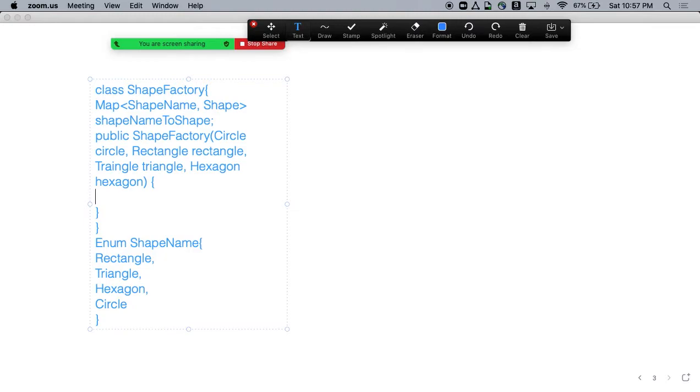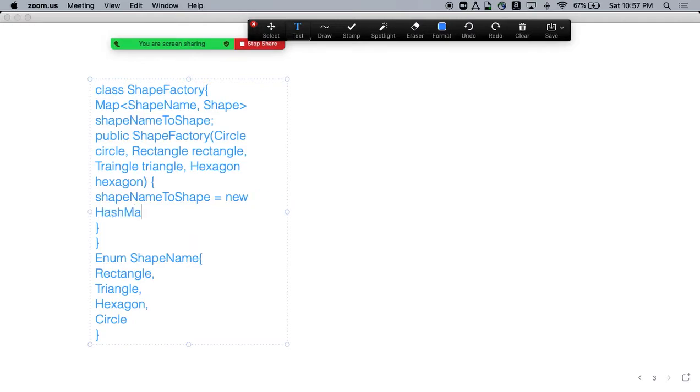And then we will do something like that: a map of ShapeName to Shape equal to a new HashMap.